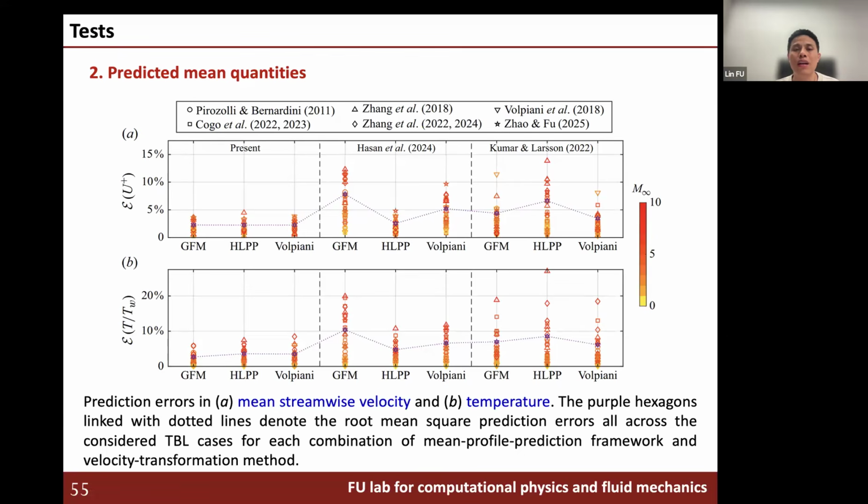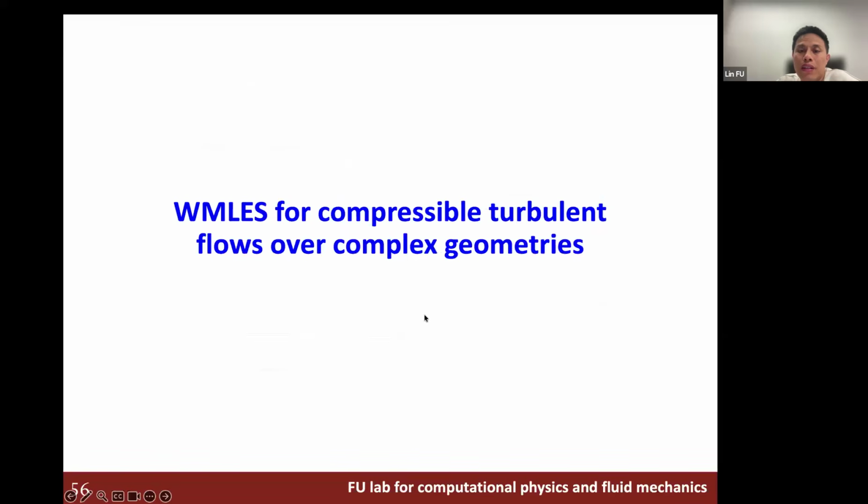Which means that now, if you want to simulate a hypersonic boundary layer, you don't really need to solve the Navier-Stokes equations or RANS equations, and you also don't need to do experiments to measure everything. You only need to give me the Mach number, Reynolds number, boundary layer thickness, and wall thermal condition, and then we will directly give you the mean profile. And that will be very helpful for experimentalists, I'm pretty sure.